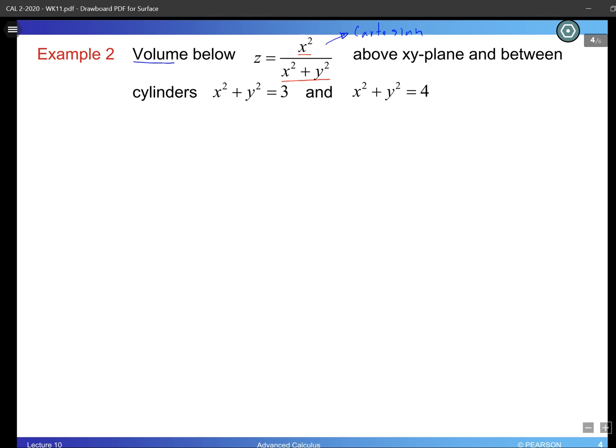This is going to be the top surface of this volume. Okay, so we know about the top surface. And the xy plane is the base. The information for the base is right here: a circle of radius 3 and a circle of radius 4. So this is R, the base,